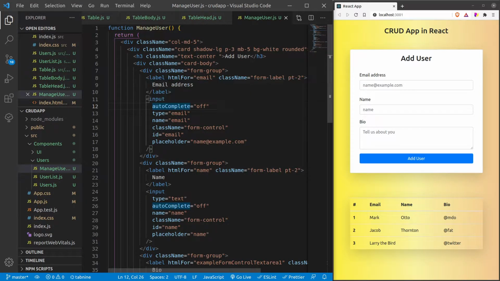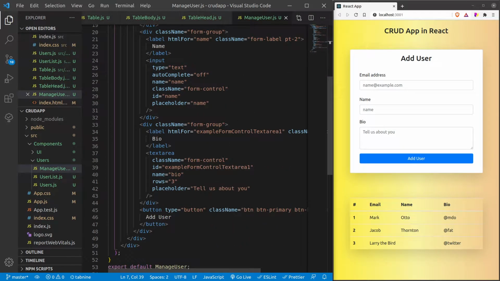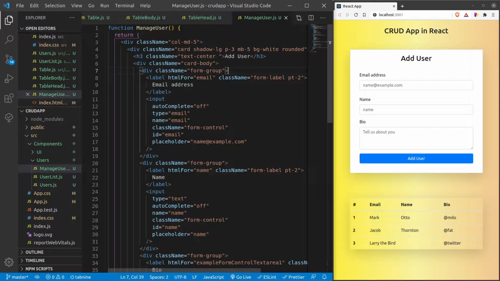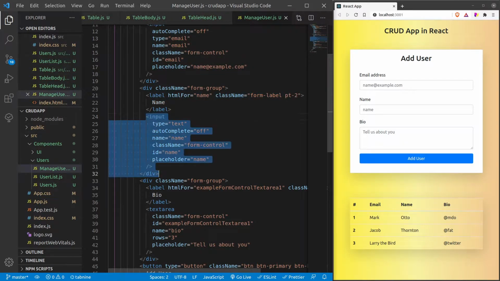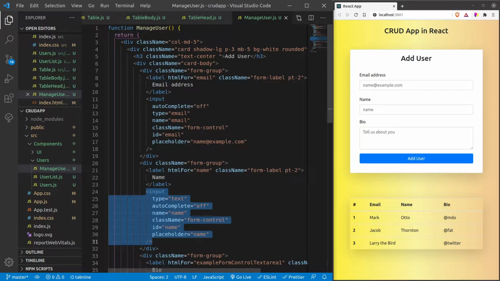So to make things a bit simpler, I have just created a basic UI for this form. You can see that I have created a label and then inputs. Similarly, label and then inputs. So right now this is just raw HTML for building the form. All right. I have done this so that it saves our time in creating this HTML and CSS. You can check out the Bootstrap documentation for building beautiful UIs for forms.